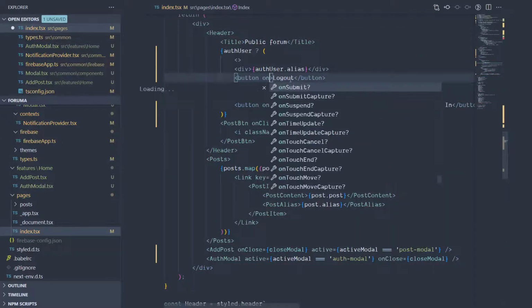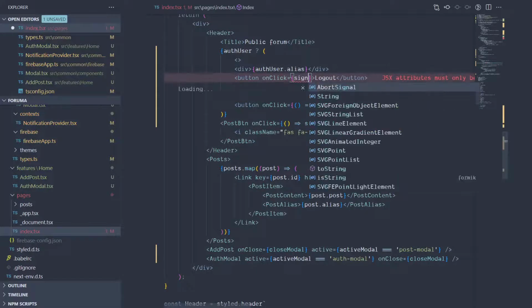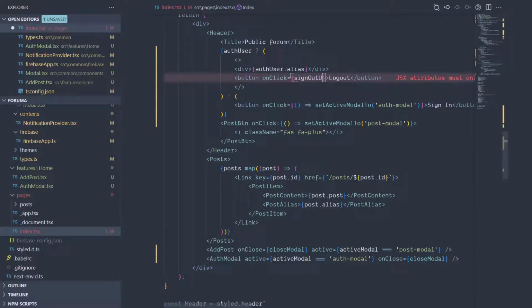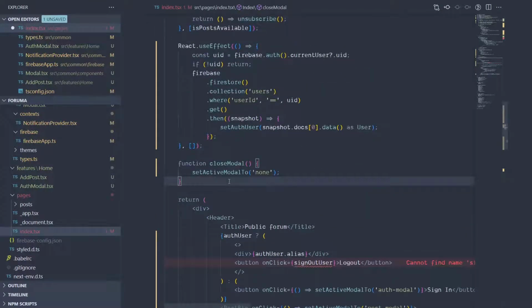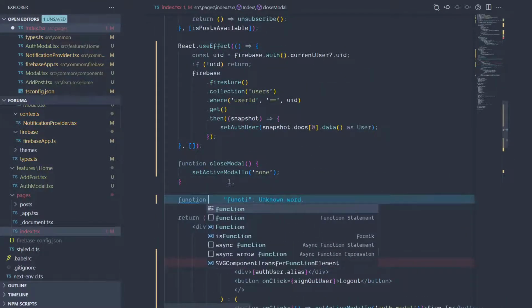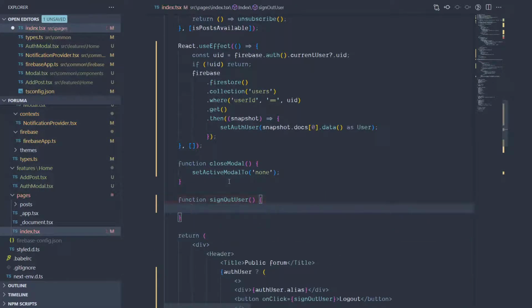And what happens when the user clicks on this? We want to sign out the user, and reset state or something. Anyway, this is much better. So sign out user. Let's create that function. Sign out user, bam. Now,